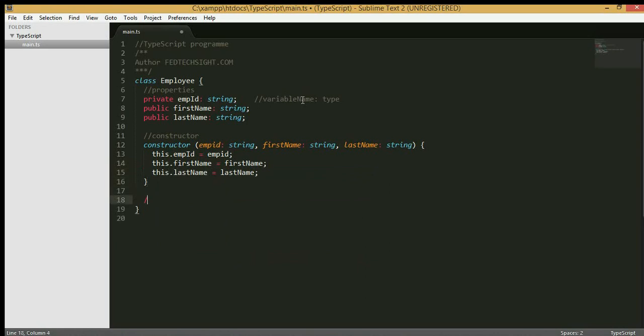Now we will also define some methods, right? For example, I want to define a public method,